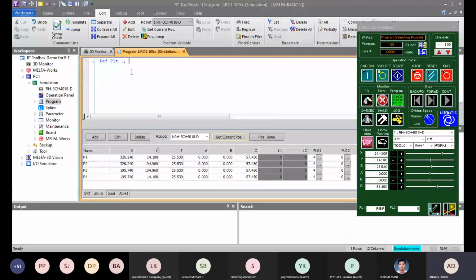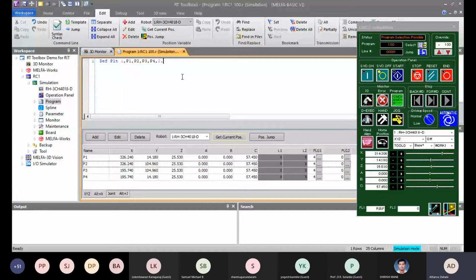So DEF palette, we have to define a total of 4 points: P1, P2, P3, P4. After that, you have to define the rows and columns of the palette. We are using a 2 by 2 matrix.